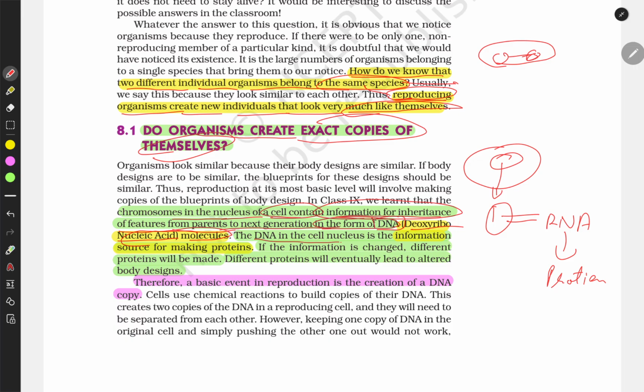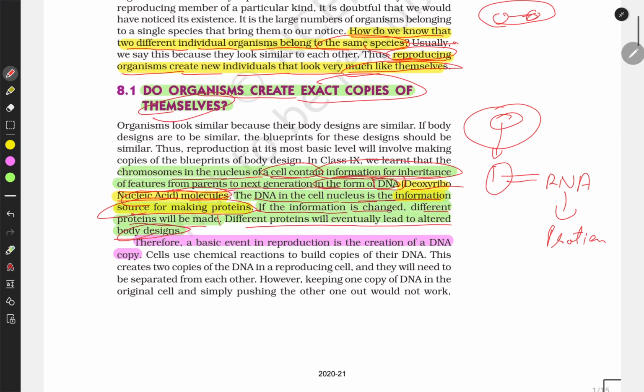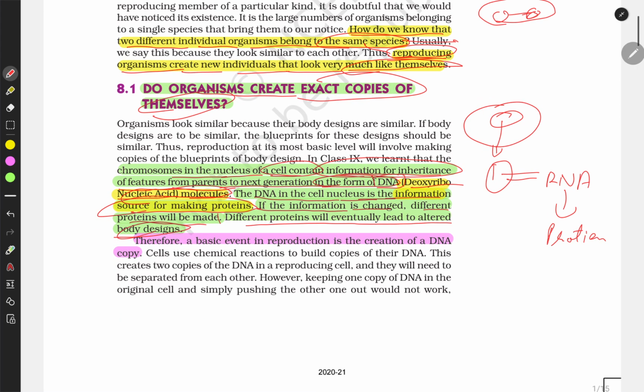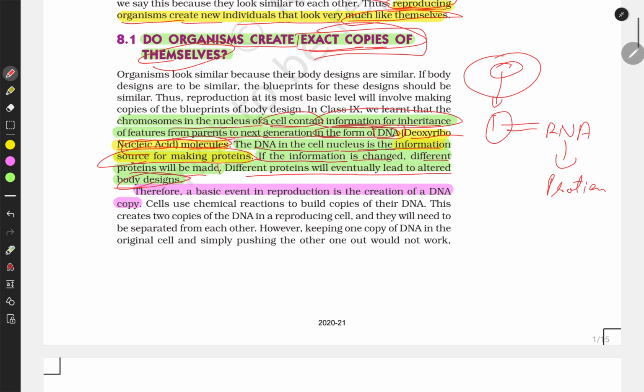So the DNA in the cell nucleus is the information source for making protein. If the information is changed, a different protein will be made, and a different protein will eventually lead to an altered body design. So making an exact copy of a DNA would create a new individual which is an exact copy. However, there is no exact copy, because while DNA replicates,